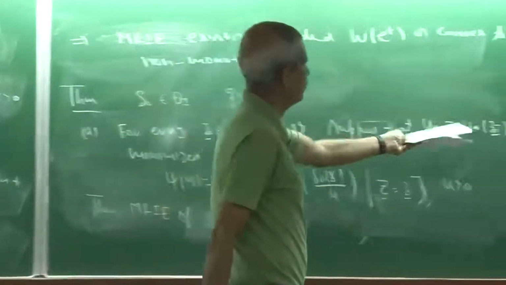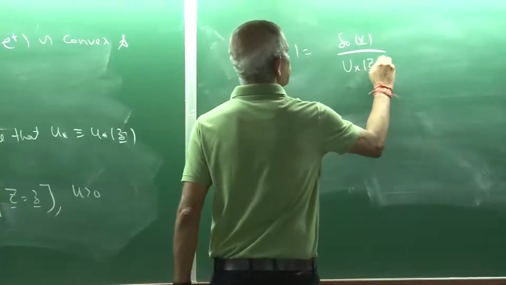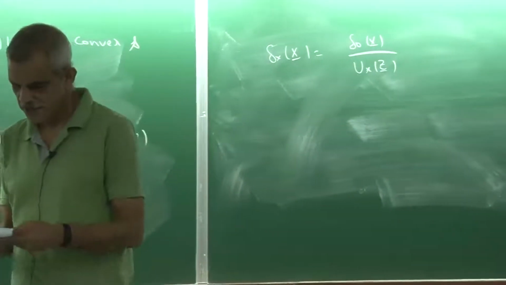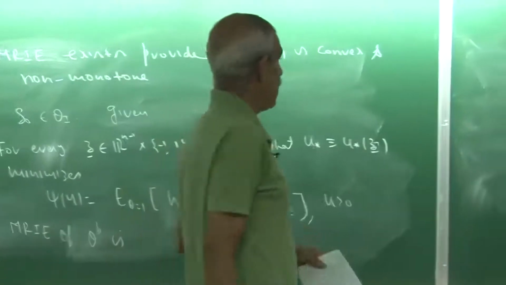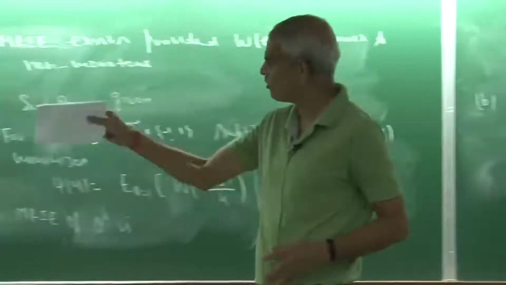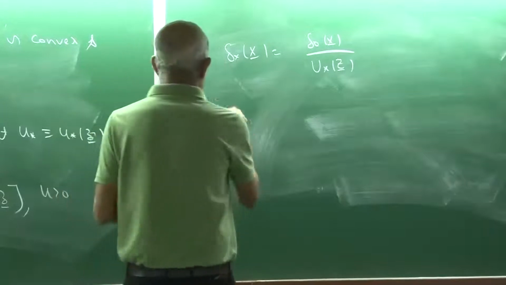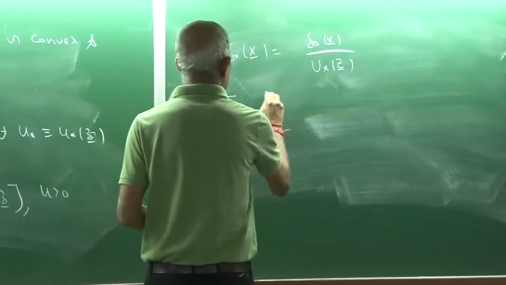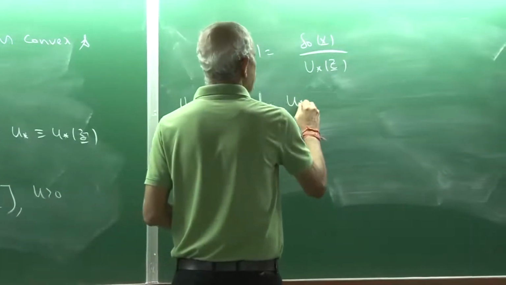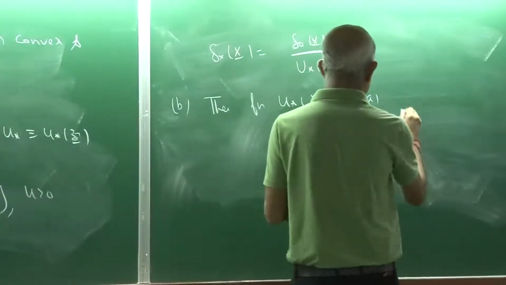The minimizing u you have already found, which is u star of z. Now we have seen that if W of e to power t is convex and non-monotone, the minimizing function u star exists. So the function u star in A exists